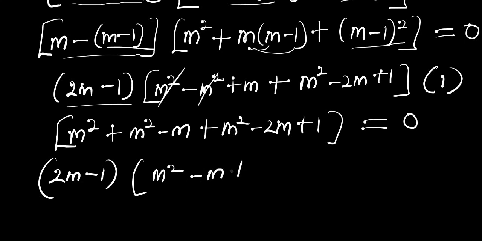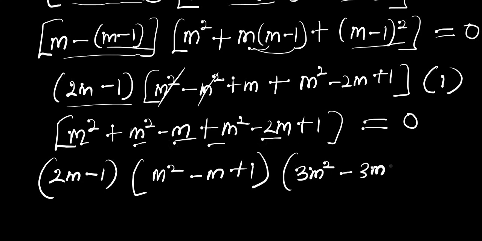Then we have plus 1. Then this is 1, so we neglect that. And for this one here, we have m squared plus m squared plus m squared. That is 3m squared. Then you have negative m minus 2m. You have negative 3m. And we have plus 1, and this equals 0. So right now we have